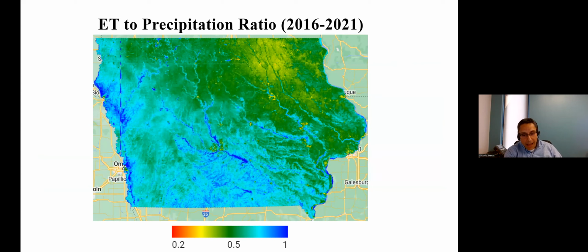Here I'm presenting a map that shows simply the ratio between evapotranspiration integrated over those 6 years divided by the amount of precipitation integrated as well over those 6 years. And what you'll see here in dark blue are pixels that have either more evapotranspiration than precipitation or close to. So what do we see here in the map? Well, we see water bodies. We can see very clearly